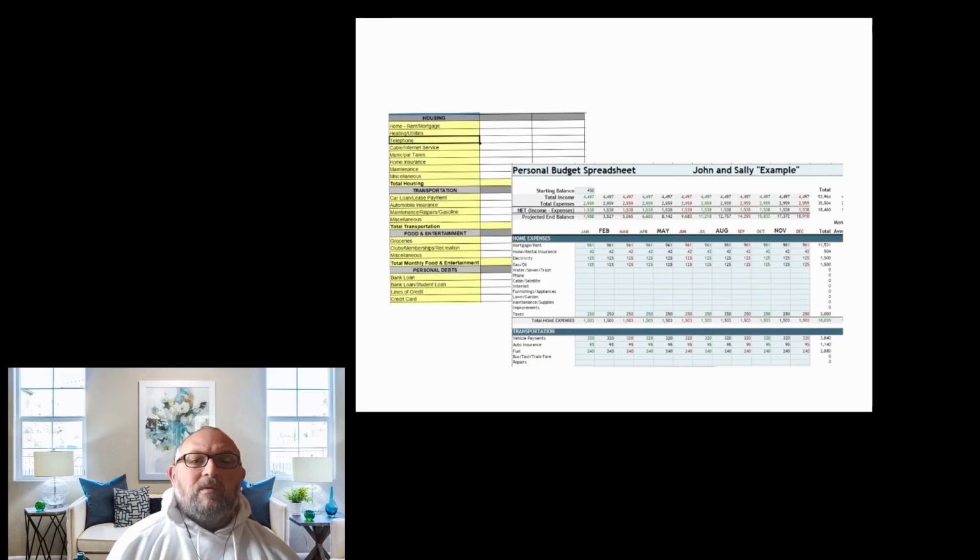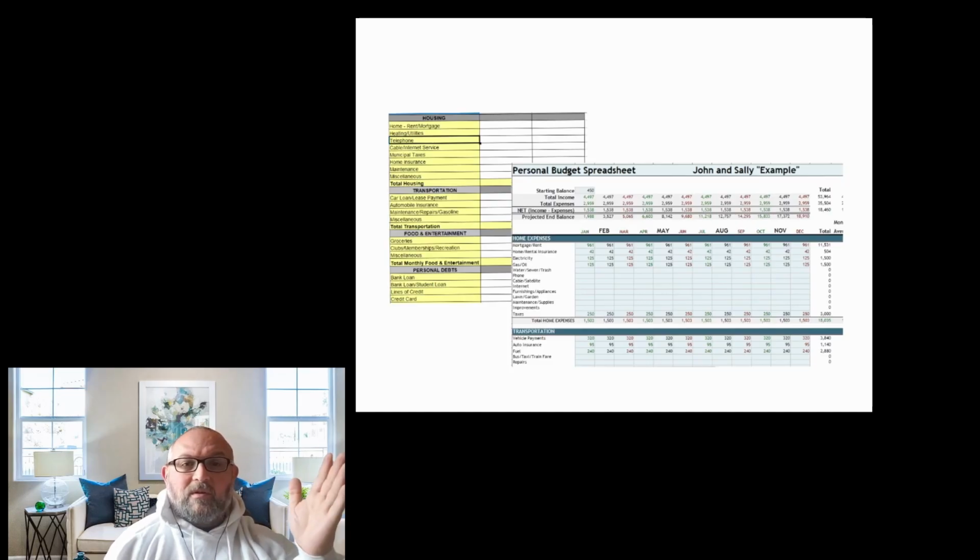Now, how do we do this? I recommend doing a 3-month look through first, before you even start with these sheets. It'll give you a better idea of averages as you go forward, because every month is different. Maybe we have some holidays, maybe you spend a little more for your significant other on Valentine's Day, then you have Christmas in December. Things are always going to fluctuate, so 3 months will give you a better idea of your spending habits.